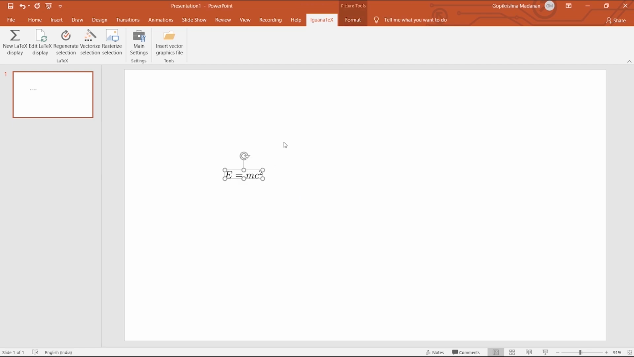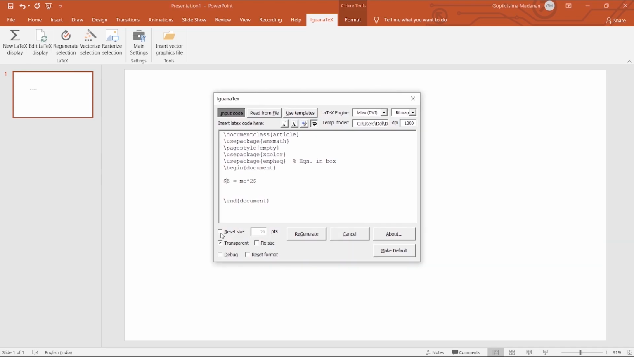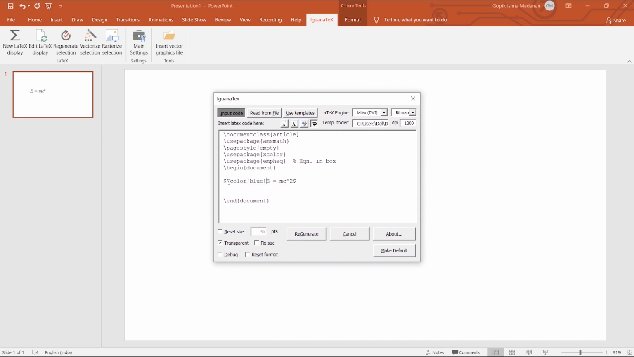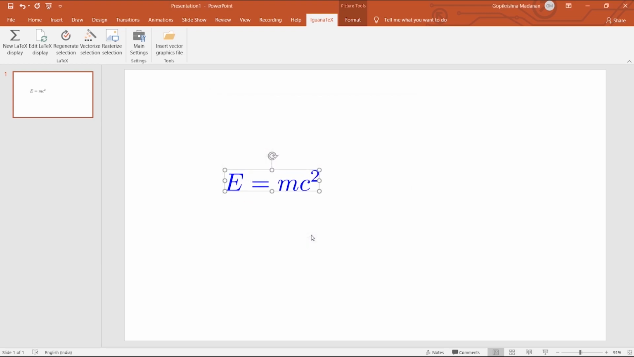If you want to edit this equation, we can press this equation and press Edit LaTeX Display. We can resize the equation by changing the number inside this box. If you want to change the color, or if you want to put the equation inside a box,